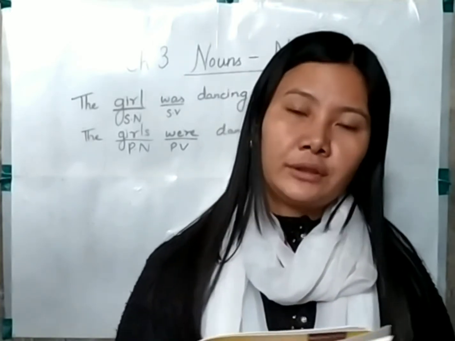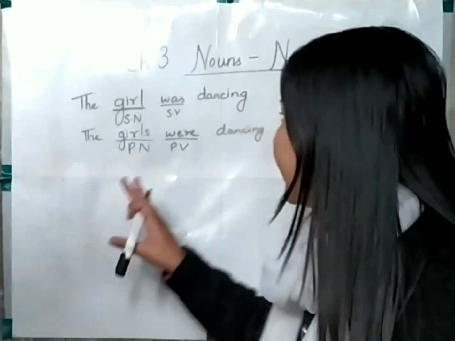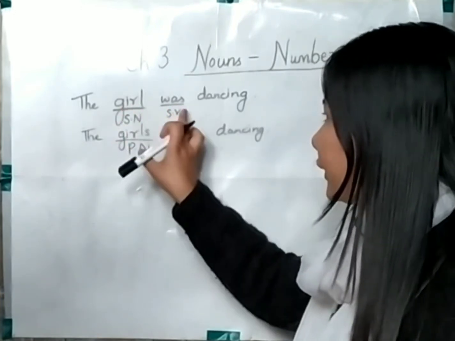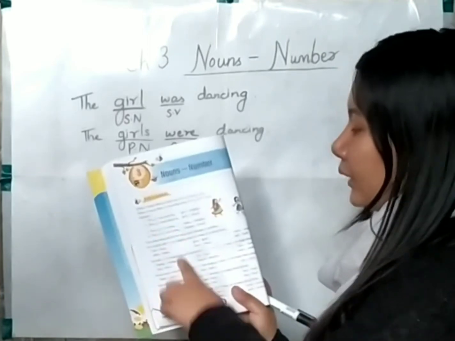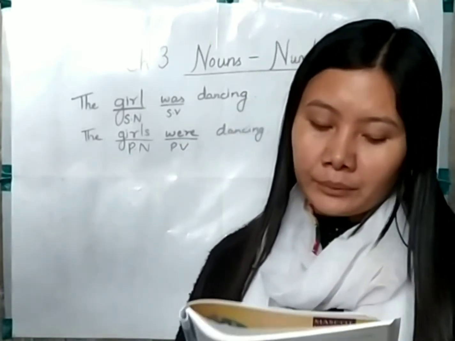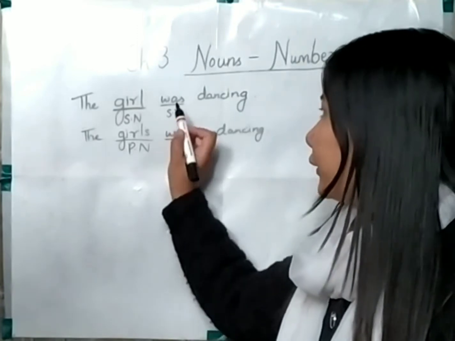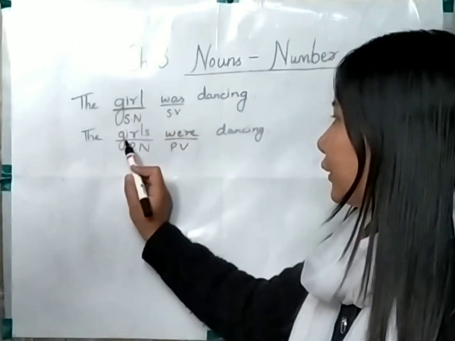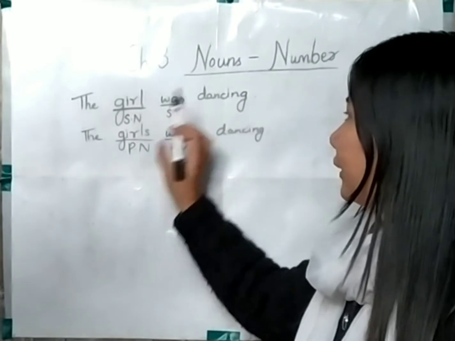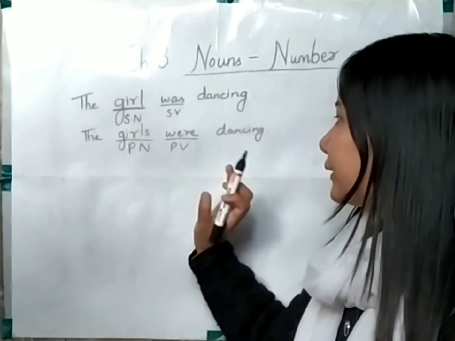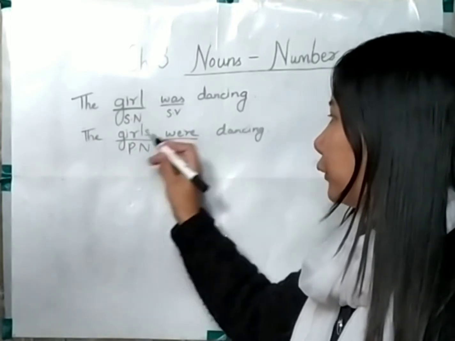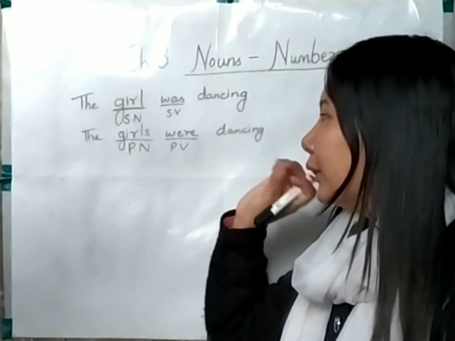This is something you need to keep in mind: the verb which follows the noun also changes in number. You can understand this with the help of the examples provided in your book. It is very clear that along with the noun, we need to change the verb also. The verb following the noun changes according to the noun's number. If it's a singular noun, we use a singular verb; if it's a plural noun, then we follow it with a plural verb.